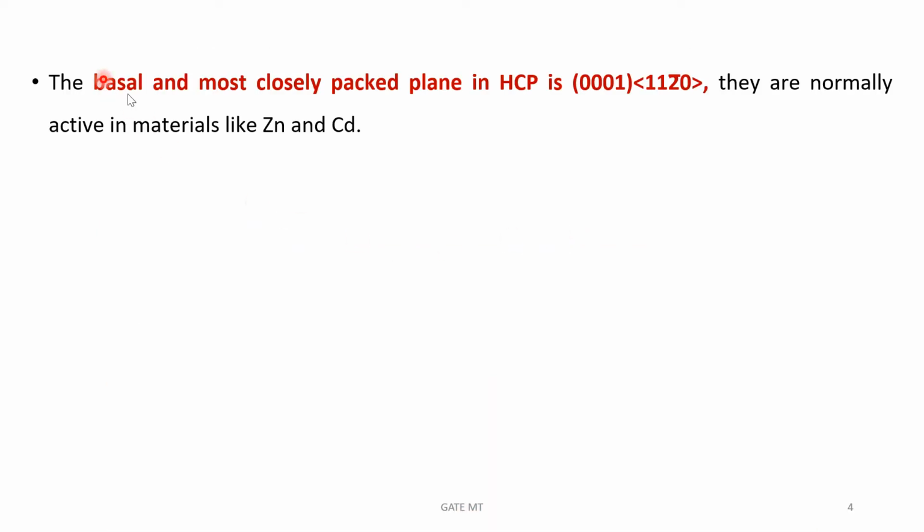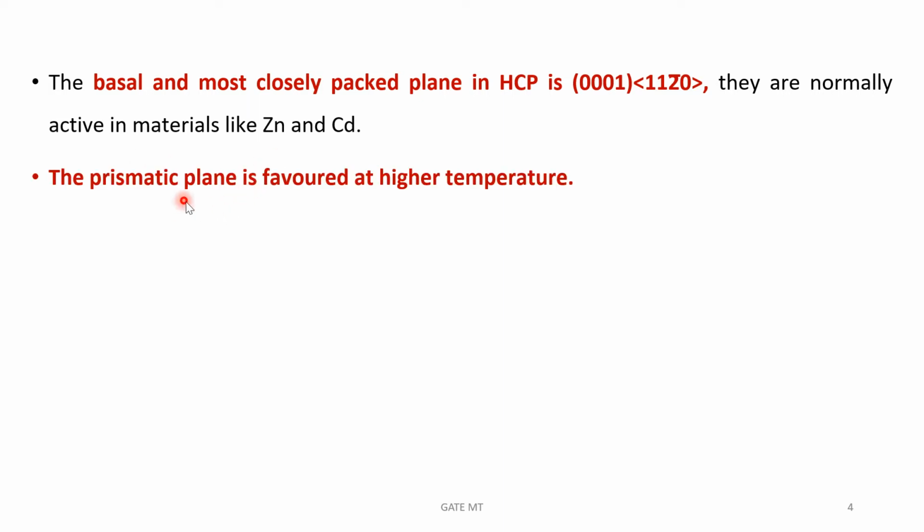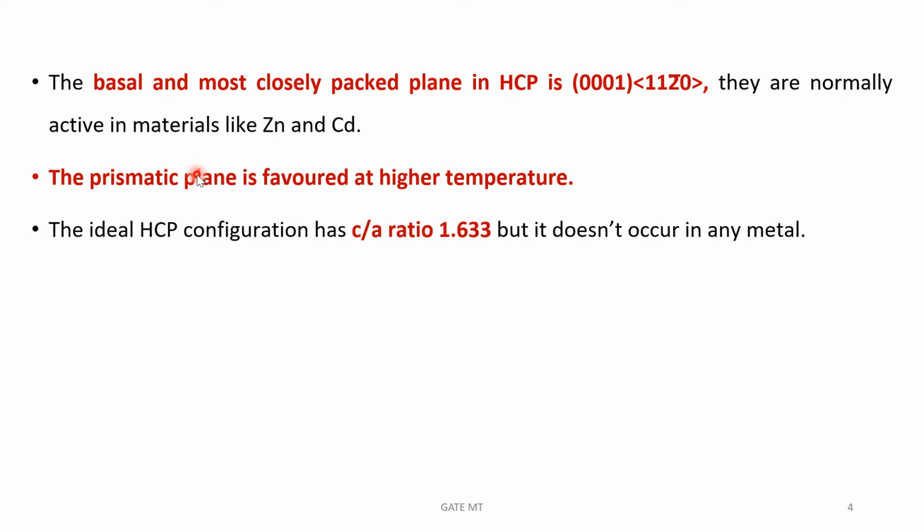So the basal and most closely packed plane in an HCP crystal, as I mentioned, is 0001, and they are usually active in all HCP materials like zinc, cadmium, etc. And I also mentioned that the prismatic and pyramidal planes are less favored. The prismatic plane is usually favored at higher temperatures. The ideal HCP configuration c by a ratio is 1.633, but